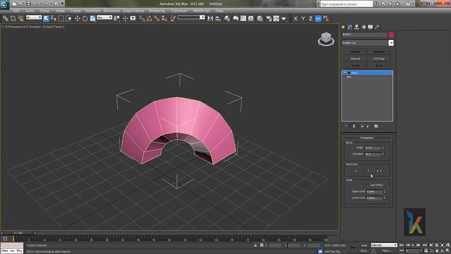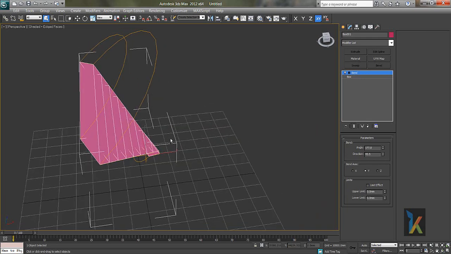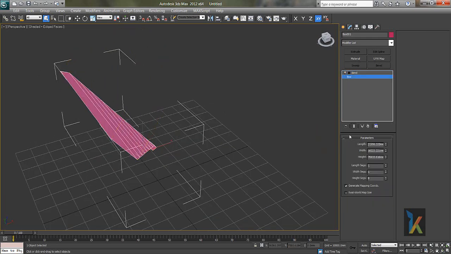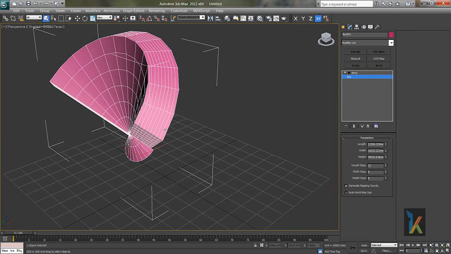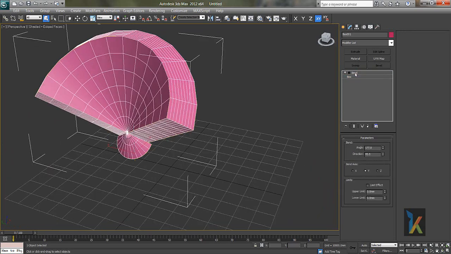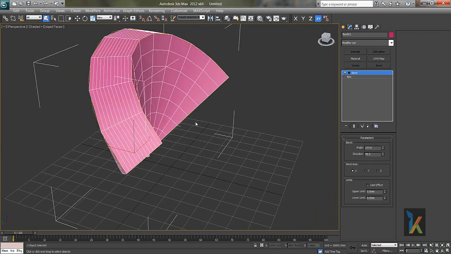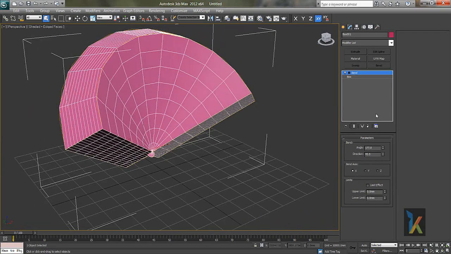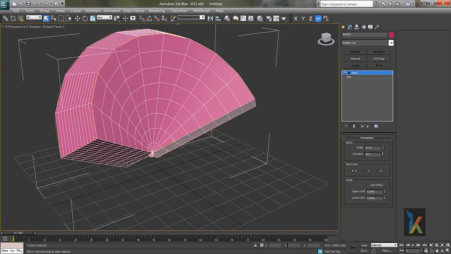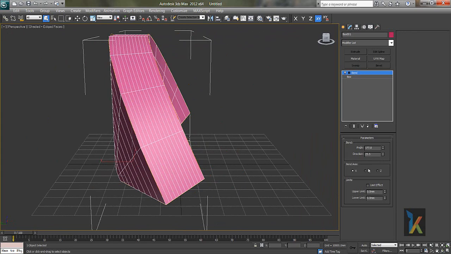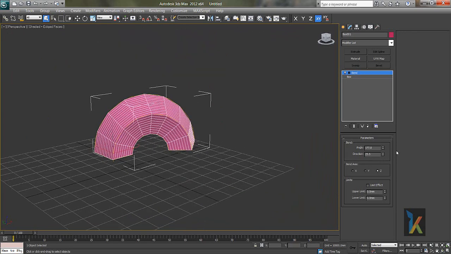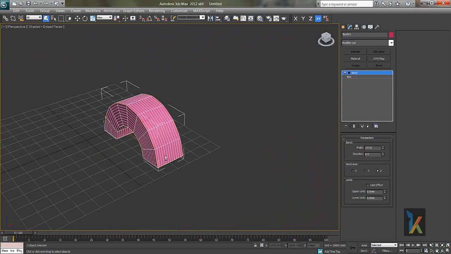So here you choose in which axis you want to bend, right now it's Z, Y. Maybe this is weird because it's bending very differently in this axis. See, it's very weird bending right now. We are not expecting this kind of bend, but still Y and X are there. This is how you can change the direction, maybe like this. Wow. So right now I want Z, I don't want direction. This is what the bend does.